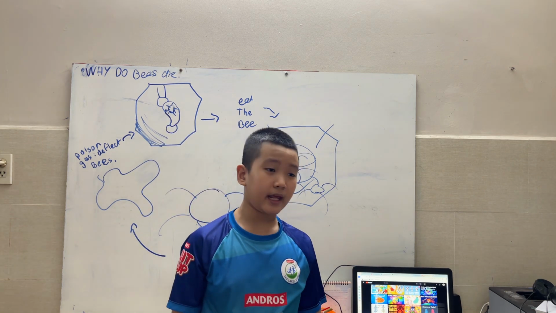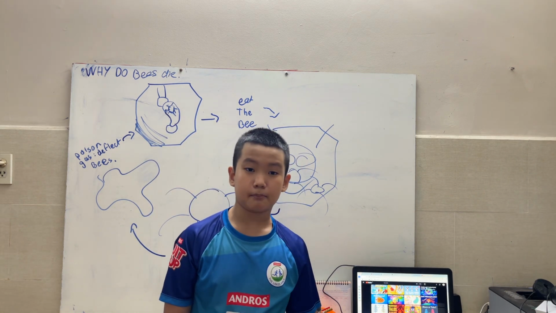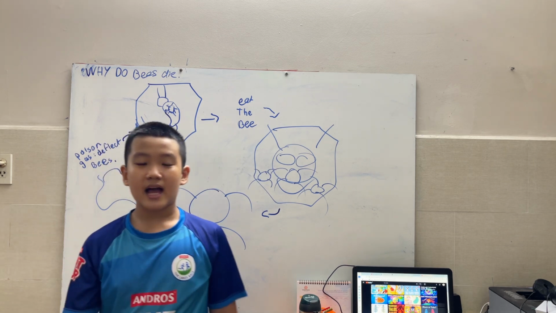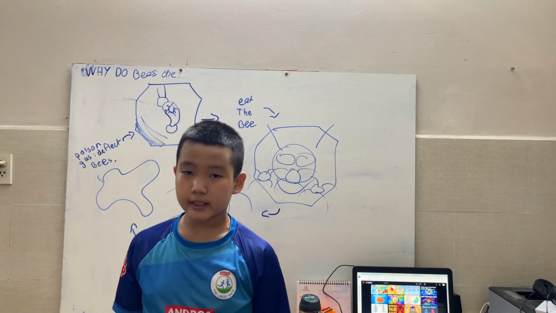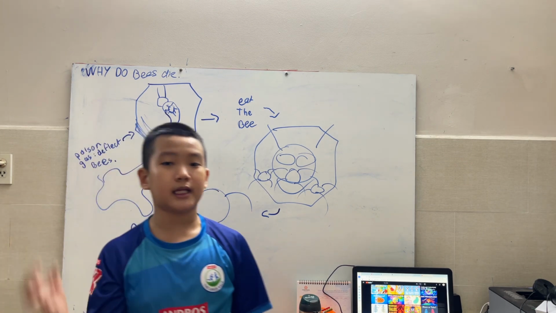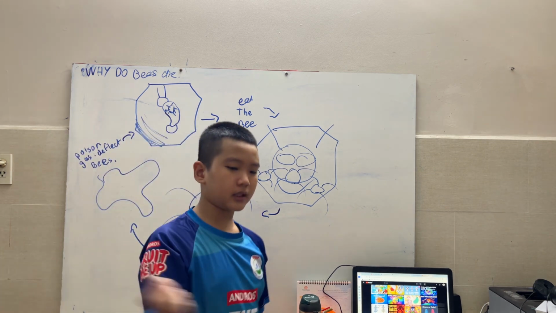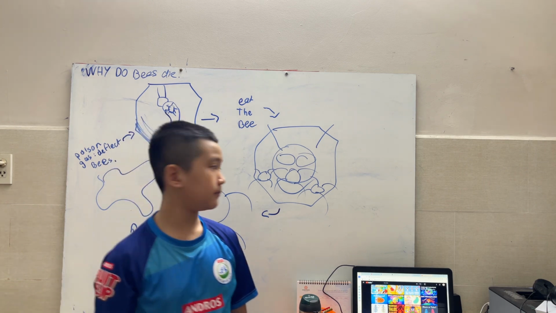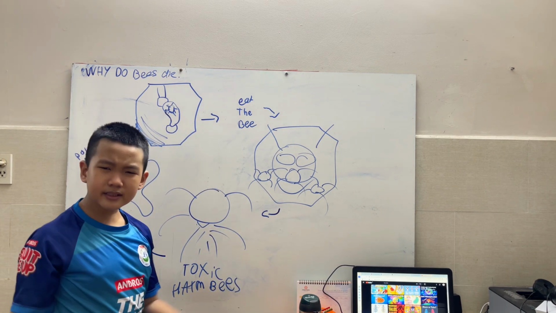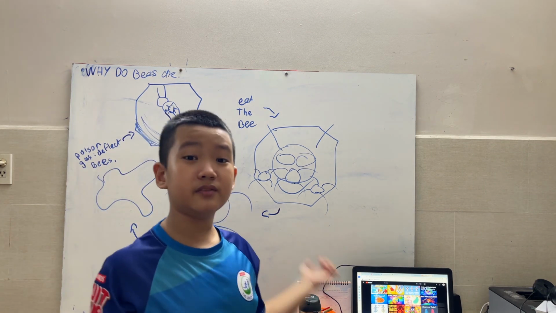In 1888, there were 5 billion bees roaming the earth. And today, 2023, there are only about 2 billion left roaming the earth, searching for honey. How did these bees die out eventually?